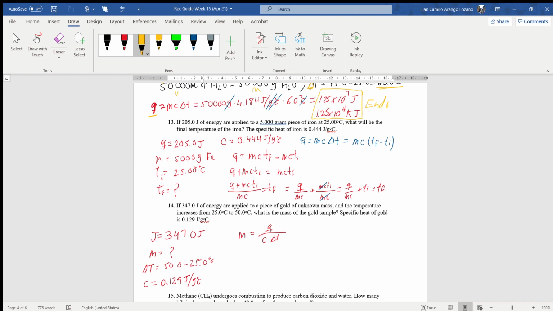Now I know why this exercise is wrong. Okay. Grams piece of iron at 25 degrees Celsius, what will be the final temperature of the iron? The specific heat of iron is 0.444 joules per gram degrees Celsius. Okay, so they are telling me that I have my K, I have my mass, I have my initial temperature, and the question is for us to recover